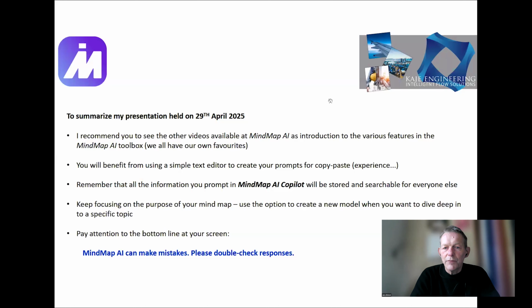You have to be aware of what worked, like I have shown here. I didn't dive into it, but there is a differentiation. It's a different second outcome of the same question, meaning that MindMap AI Copilot gets wiser, gets more information from day to day. So what you prompt today, if you prompt in 2 weeks from now, you might get more or better information, more suitable for your purpose. So try to keep track of what you are doing for your own benefit.